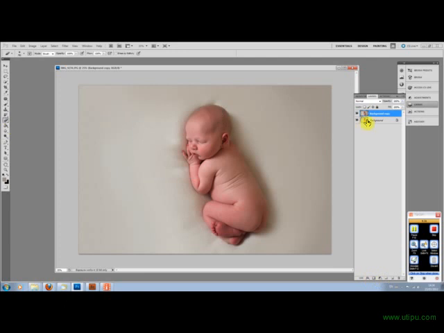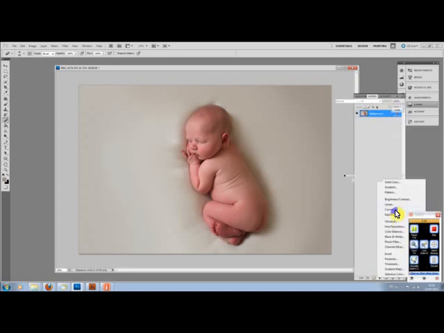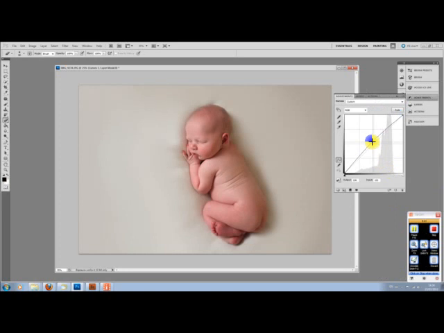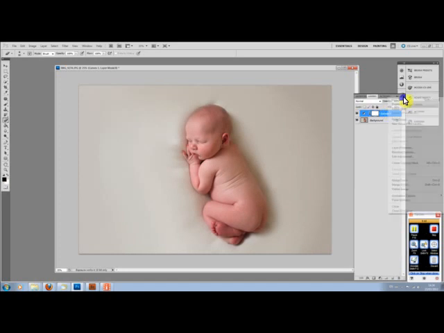And what I like to do with portraiture is erase it from the hair, because the hair looks a bit funny when it's got portraiture on it. And I'm also going to use curves to brighten the whole thing up. Okay, so now that we've got the baby there, now I can see from that there's too much magenta in